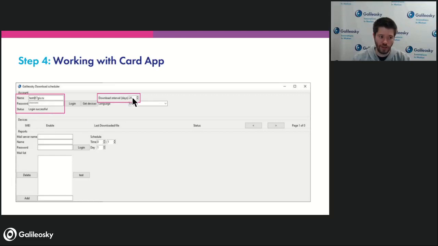We set the download interval in days. By European agreement, it should be not less than 28 days, which is why we chose 28 here as the setting, but you can do it more frequently or less frequently as you wish. Although, again, 28 is the maximum amount of days, if I'm not mistaken. You can set